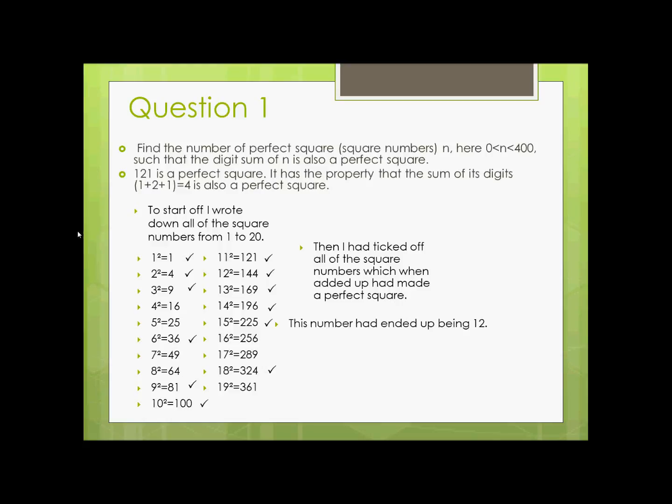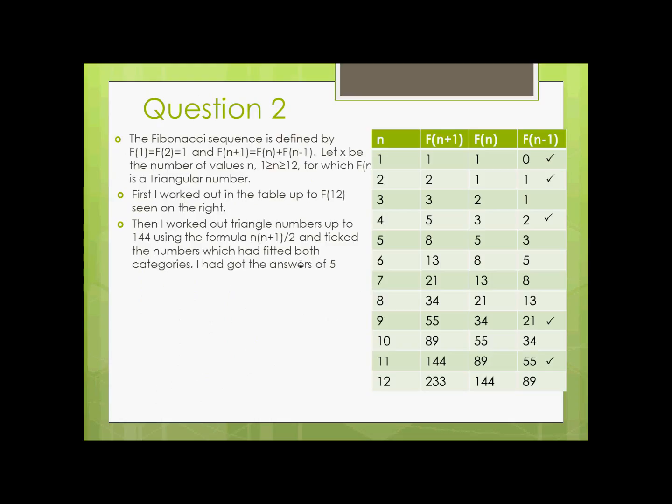So to start off, I wrote down all square numbers between 1 and 20, and I went through them all again and ticked them off when all of its digits added up to a perfect square, such as 81, which had 8 plus 1, which is 9. My eventual answer was 12,